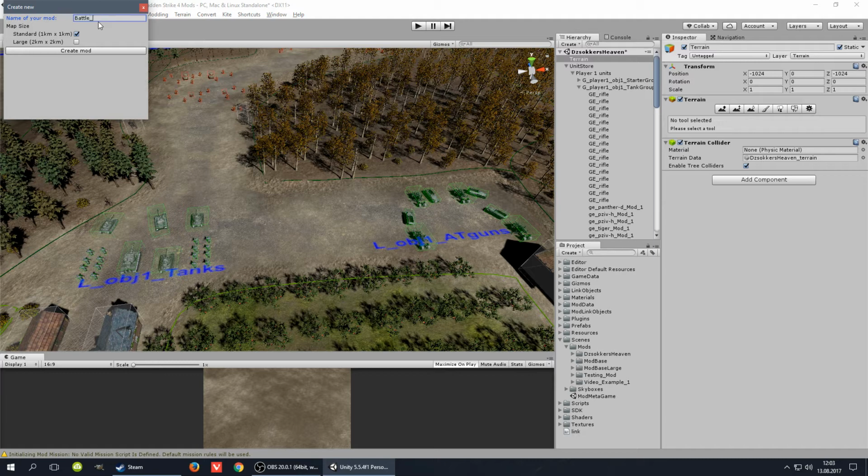Battle of Nowhere. I'm pretty sure I made a spelling error here, but whatever. And now you need to choose the map size. You can choose between large and standard. I will choose the standard, which is the smaller one, and then you need to click create mod and